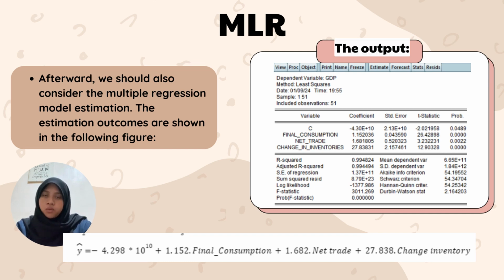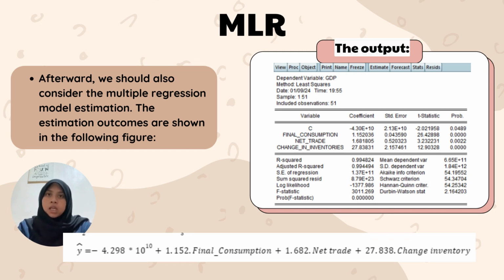So the equation is formed based on predicting the dependent variable, which is GDP, based on the independent variables, which are x1 as final consumption, x2 as the net trade, and also x3 as the change in inventory. The output has been shown in the slide and can also be written as y equal to negative 4.29